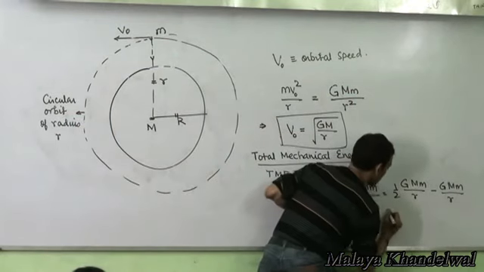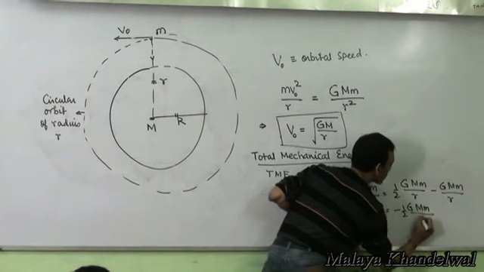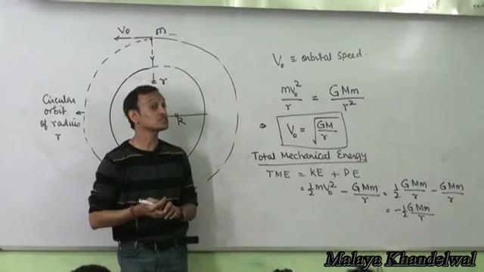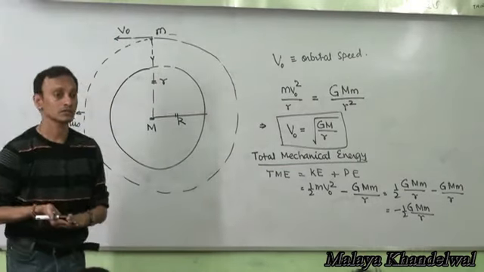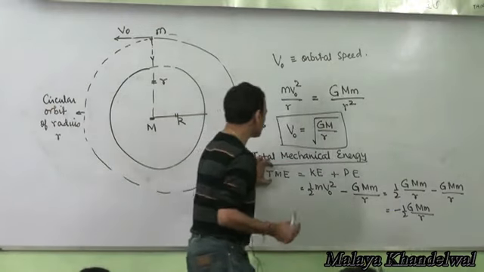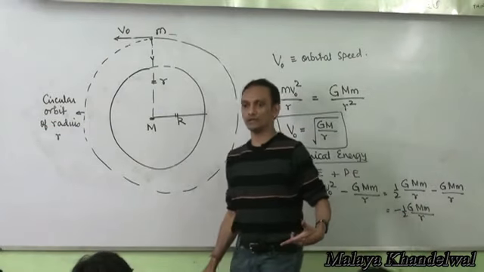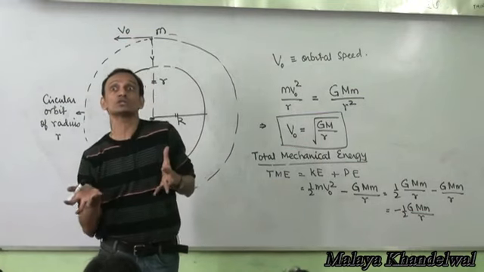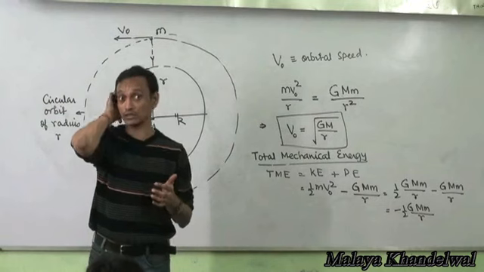Which is minus half GMm by small r. That's the total mechanical energy of an orbiting satellite orbiting at a radius small r. And I will come to this fact later. The total mechanical energy of an entity in a gravitational field, if it's negative, means that entity is bounded to the earth,